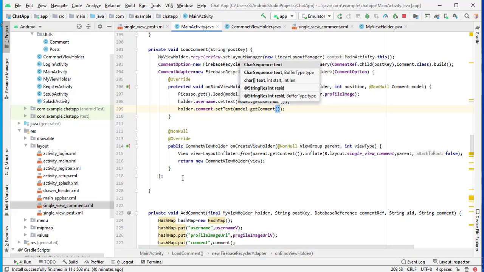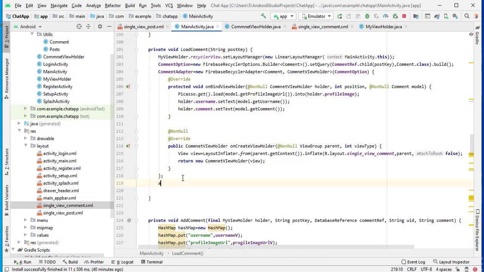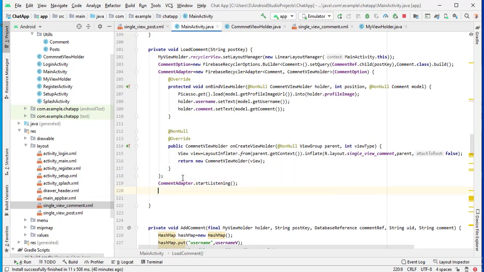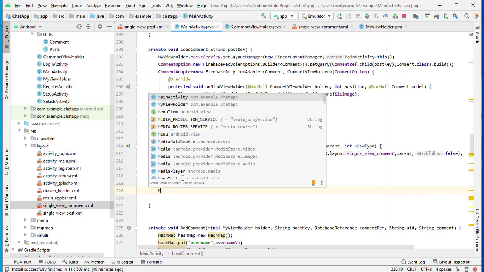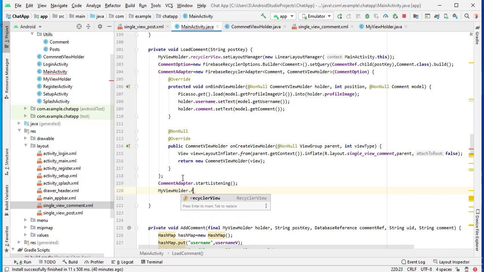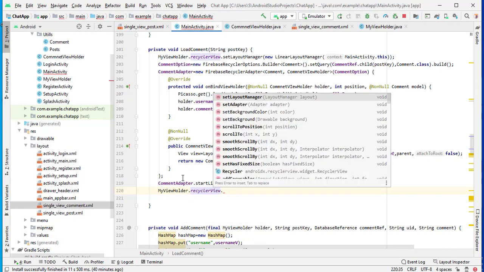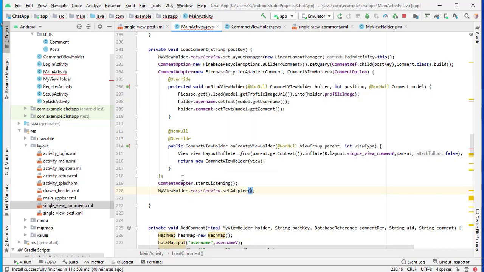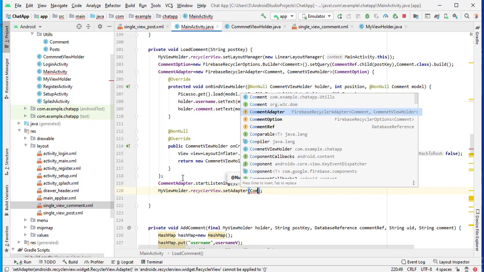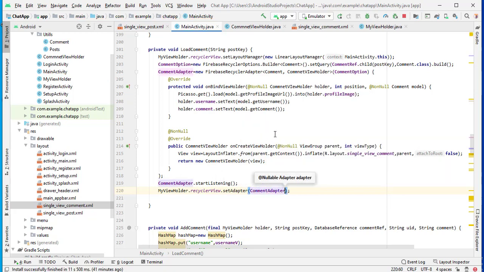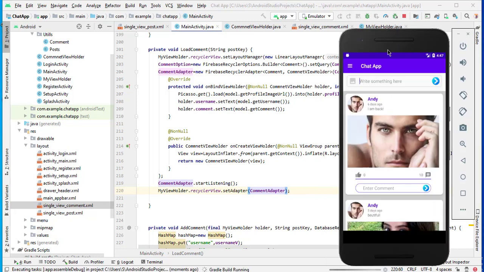Okay, now here we need to call comment adapter dot start listening, and finally we will assign this adapter to our recycler view. So my view holder dot recycler view dot set adapter, and pass this comment adapter. Okay, now run the application and let's see is there any problem.